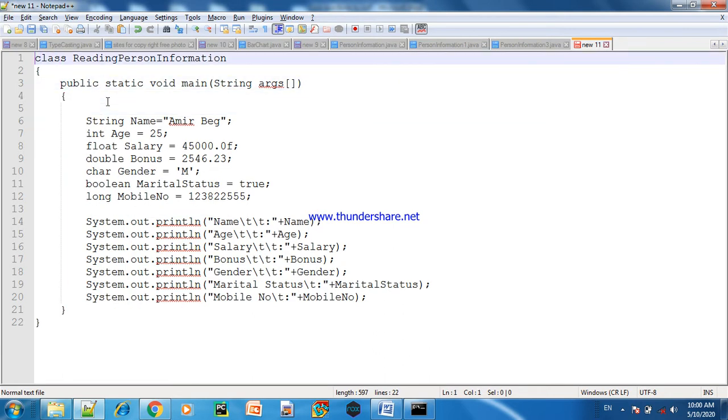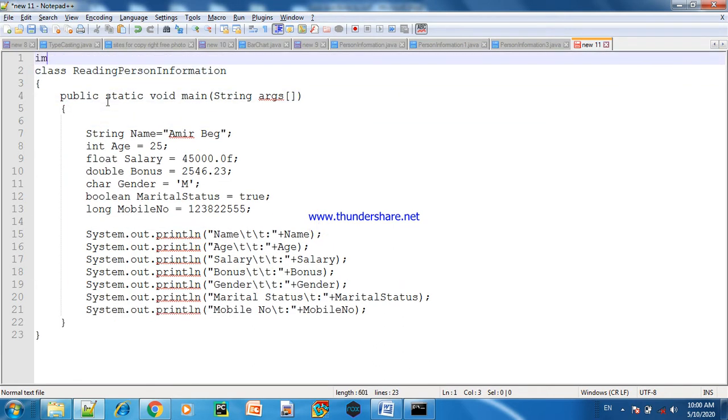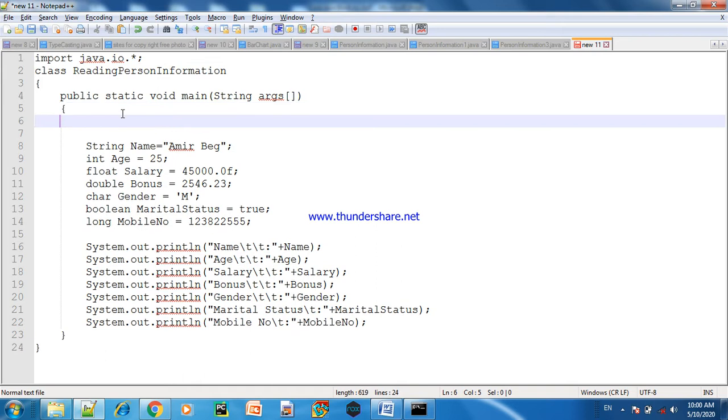First of all, we will import the package java.io. io is the input output package. We have to import this package in our program when we are working with the BufferedReader class. Now we will make an object of the BufferedReader class, BufferedReader